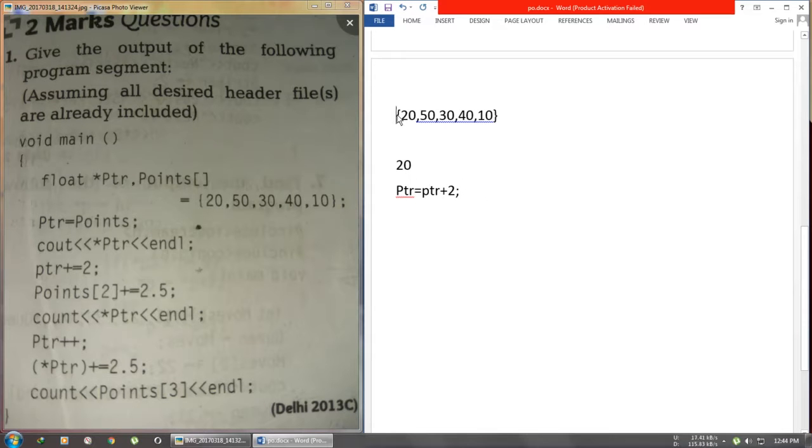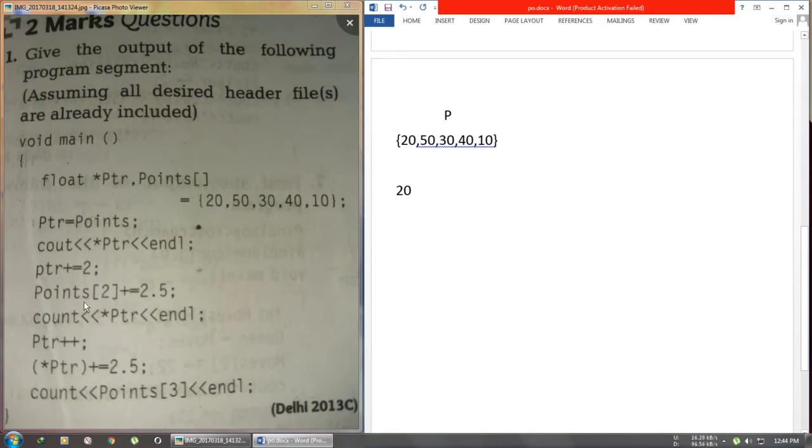So I'll write here p. That means that the pointer is pointing to here. Now we have a new line, I'll just remove this. After giving the output here, we add the new line, so we'll go to a new line. Then we have done this, then we have this thing, and this says that